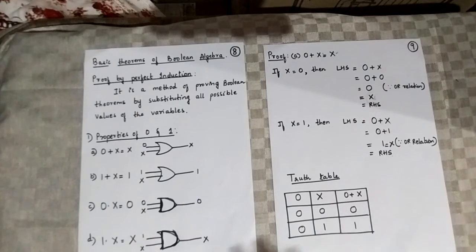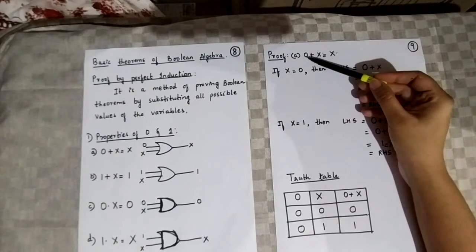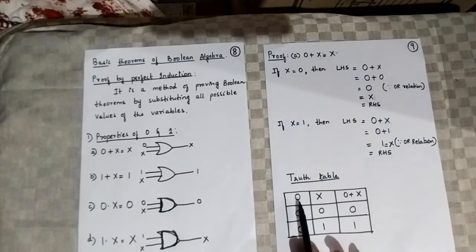Along with that, for every expression we can even draw a truth table. So how to draw the truth table? Take the expression. To the left hand side, these become the input. So here we are taking two values, 0 and x. And now x, this variable, can take maximum two values, 0 and 1. So I have placed 0 and 1. One more column in this table will be 0. 0 will be 0 only. There cannot be replaced by any other value. So both the times we place here zeros only.